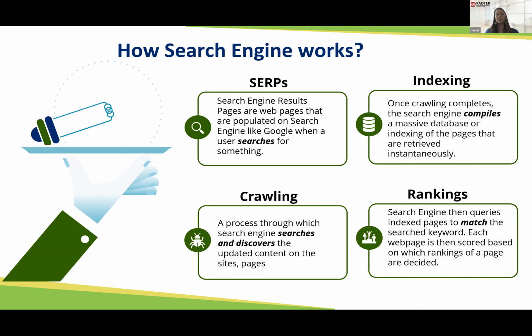So that's essentially the page that shows the list of websites as a result of what you typed in the Google search bar. Now, for Google to be able to do that, search engine bots scan or crawl through websites and pages on the internet. This is a process called crawling. And then they save these websites that they have crawled through to their database, or essentially their library. Now, this action of saving a website to a search engine database or library is called indexing.